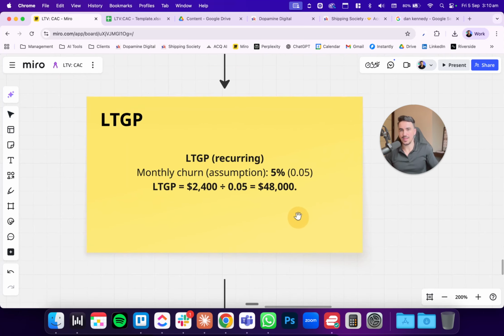Now, the lifetime gross profit is the monthly churn. So you take the $2,400 from before and divide it by 5%. So people don't stay with you forever, do they? But they do. They don't stay with you forever, but they will eventually churn, right? And so we've got lifetime gross profit is $2,400 divided by 5%,